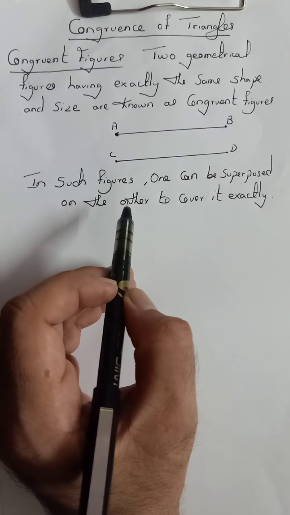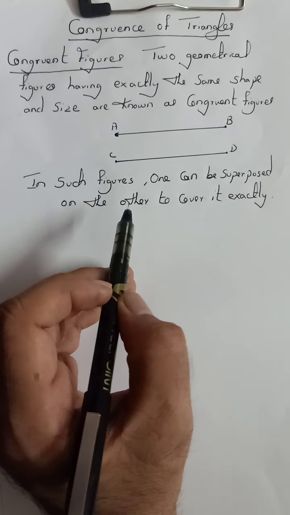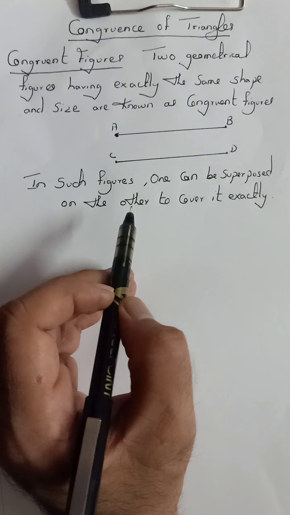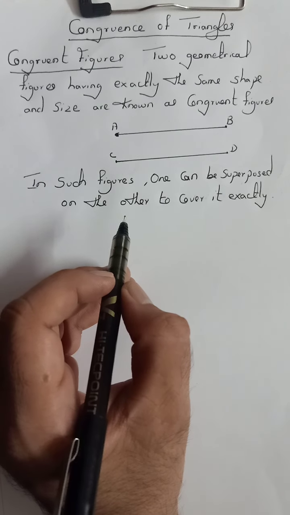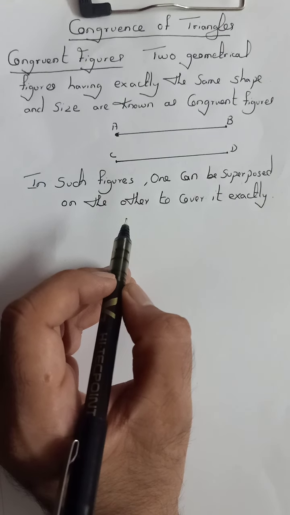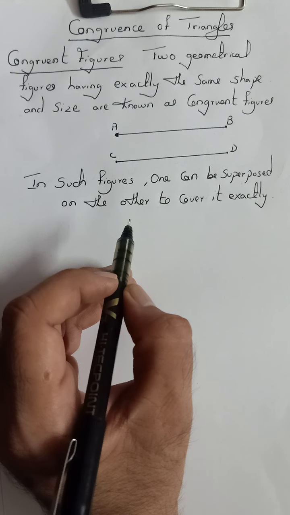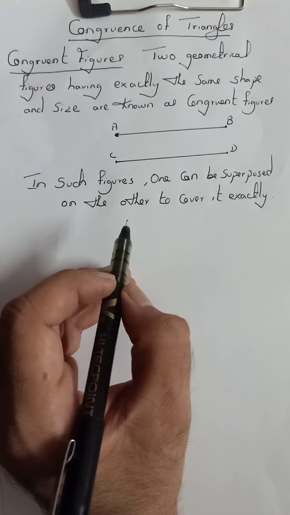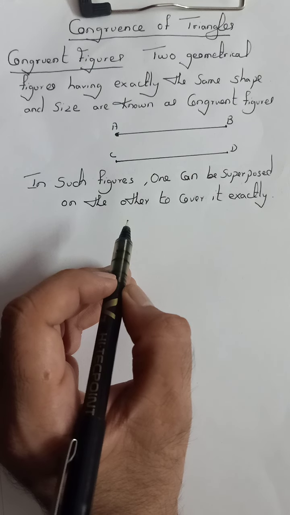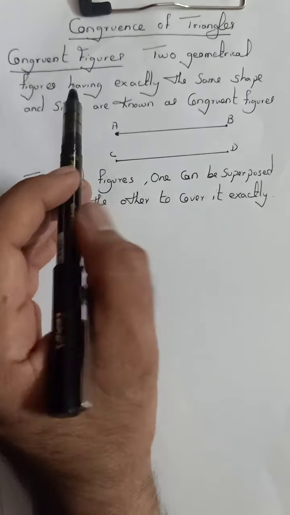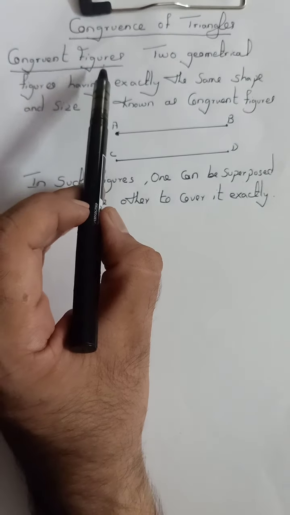That is, what is the definition of a triangle, what are the different types of triangles, and the terms we will be using in the triangle chapter, that is, what is a median, what is a centroid, what is orthocenter, and what is incenter, incircle, and all those things we have discussed in the previous videos. I just request you to see those videos and note down all those definitions in your class copies. Now we'll come to this particular topic, that is congruent figures.